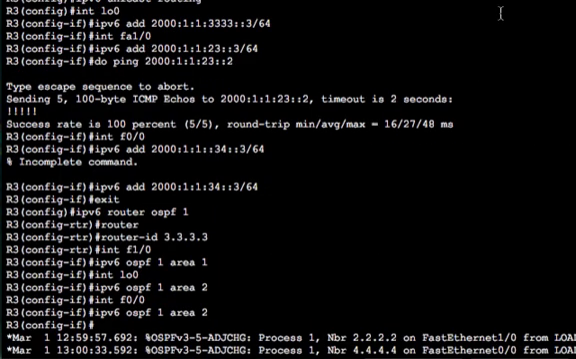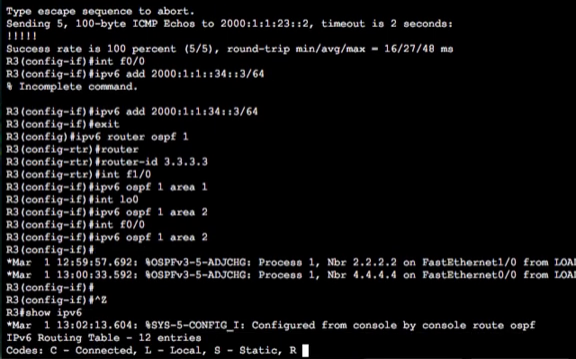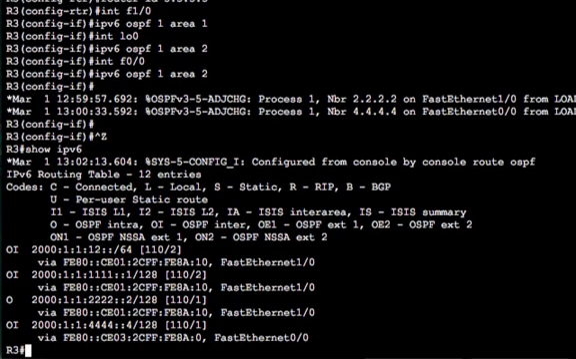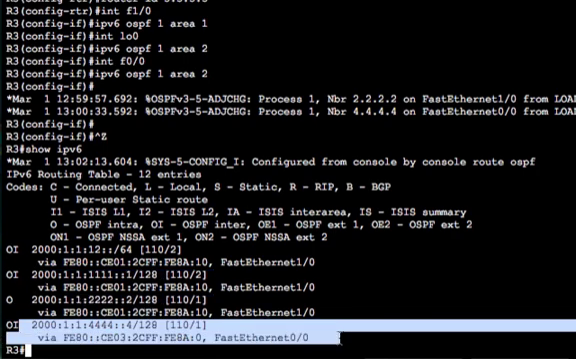So on R3, let's see what R3 knows. Show IPv6 OSPF. So R3 knows about the link between router 1 and router 2. It knows about the loopback interface for router 1. It knows about the loopback interface for router 2, and it knows about the loopback interface for router 4. So router 3 knows quite a lot, and router 4 knows